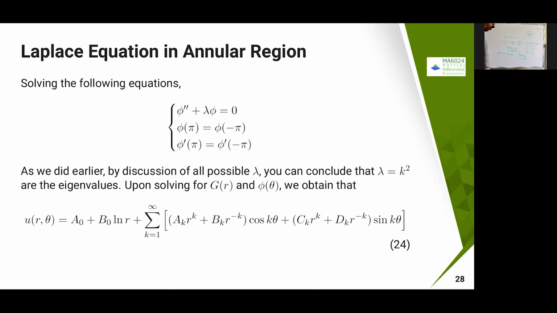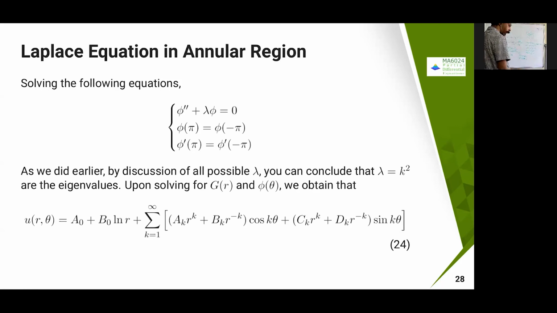And then once again, you use the second one, and you will get lambda equal to some k square. Use the same kind of logic, positive, negative, etc. Then you can substitute in the second equation. In that case, this is going to become like Euler classification. So you have two cases, depending on k: when k equal to 0, one case will come, when k not equal to 0, another case will come.